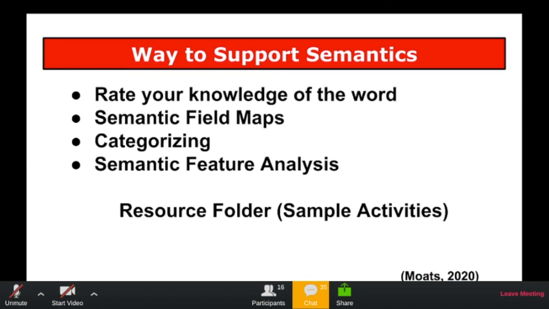So for categorizing, I like to let the students kind of take charge of this one and see what their thinking is, because we don't all think alike. And sometimes they can make some really interesting connections among words to help them remember the meaning and associations with those words that you and I may not make. So letting them have a little bit of control in this area, I think, is important. But you would give them a group of words, maybe related to a content area. If you are studying oceans in 5th grade science, you may give them vocabulary words or just words that could be related within that unit. Or if you're reading a story or a certain book and you have words that are related within that text,